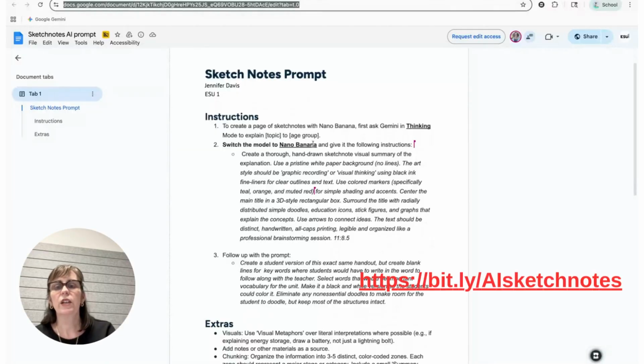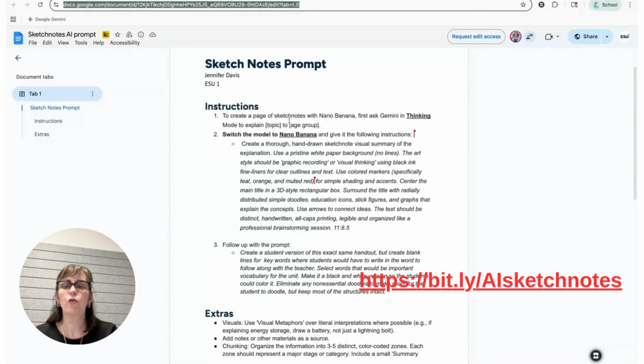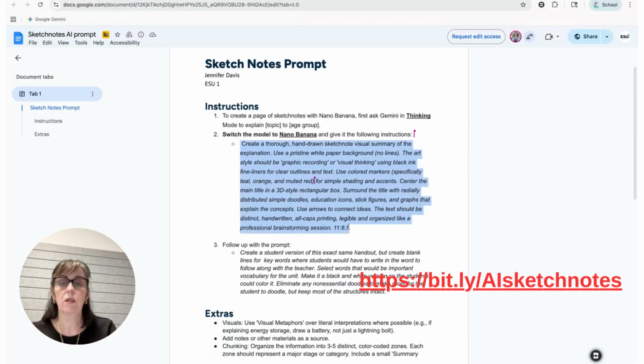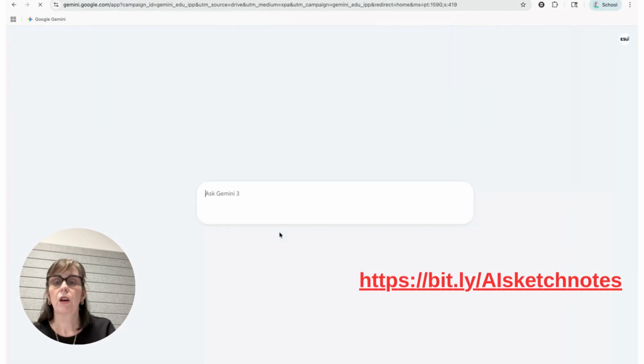So if you get to this prompt, it tells you first to ask Gemini in thinking mode before you start making the image, just to explain the topic to an age group. And I'll show you all how to do this with NotebookLM too, so you can use your own content. But after you've had it explain something, then you copy this prompt in. I'm going to go ahead and copy this so I can show you, and then I'll head to Gemini. All right, so